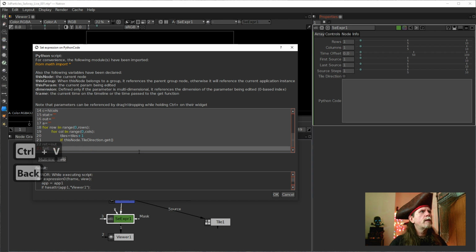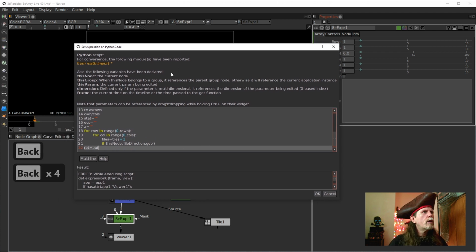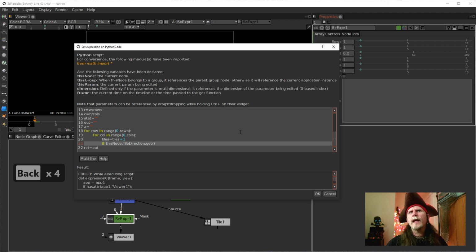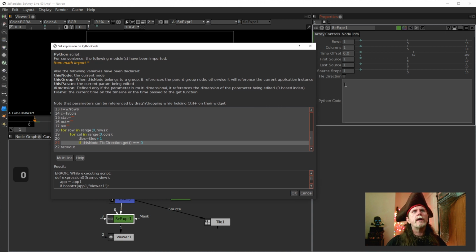All right, so we're going to get that, and we're going to say if that equals, and you do double equal signs, equals 0, because this is a Boolean. It's either going to be 0 or 1. 0 means that it's off. 1 means it's on. So if it's 0, which means it's off,